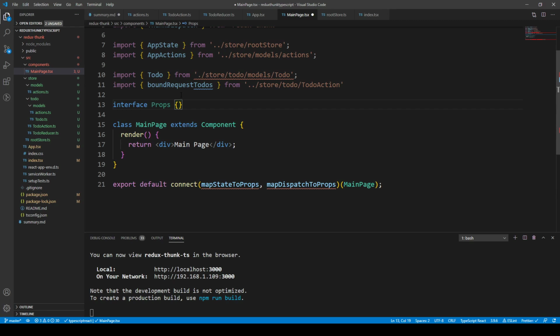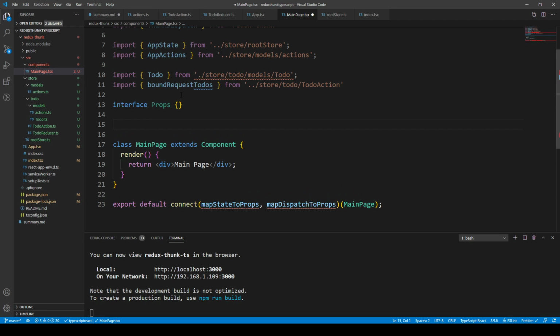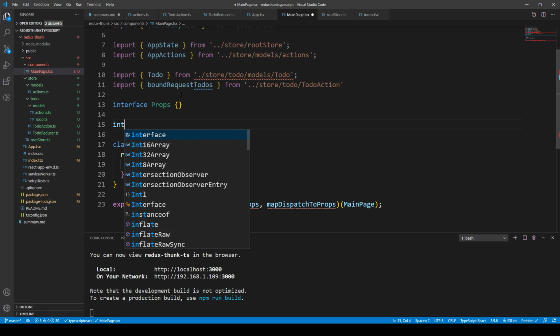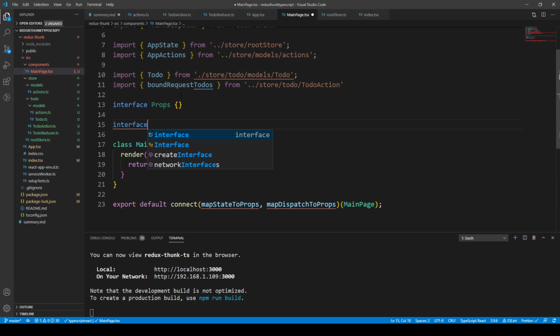So if this had any of its own props, you could chuck it in there, and you can also extend your own props if required. However, we don't have any of our own props, so we're just going to say interface LinkStateProps,